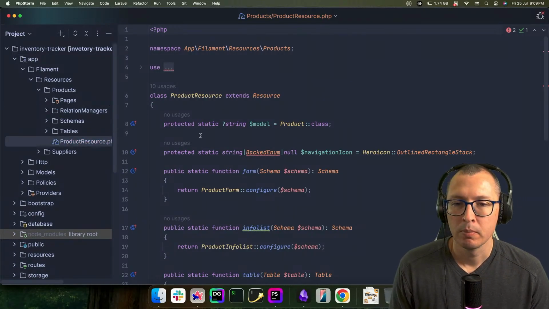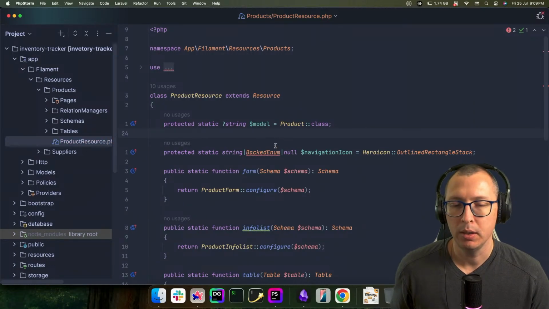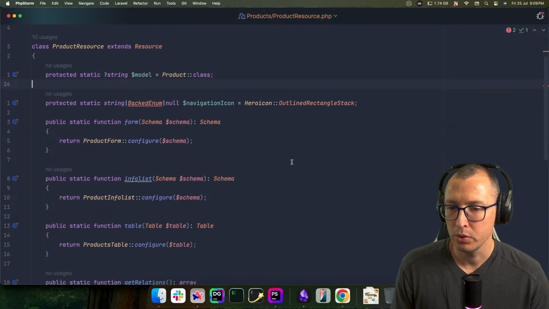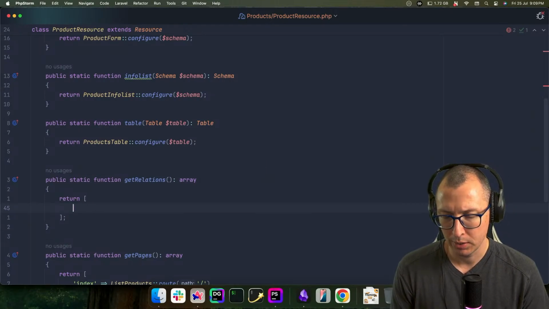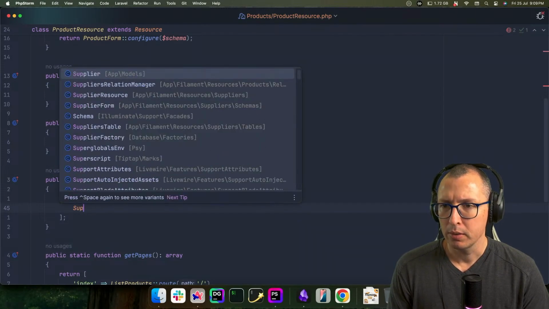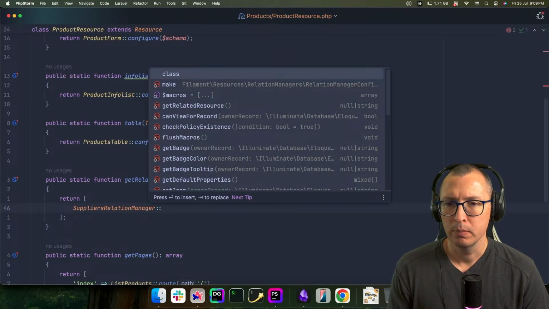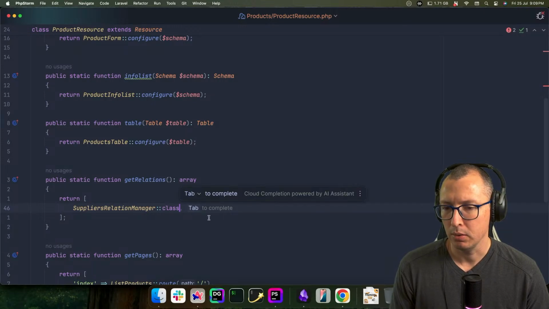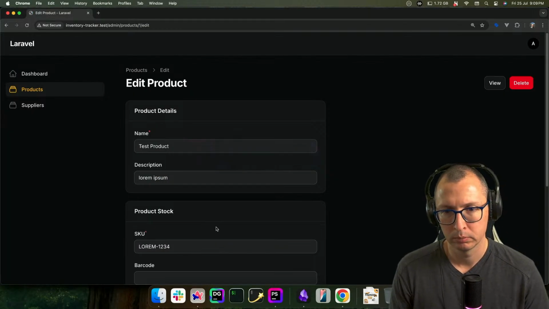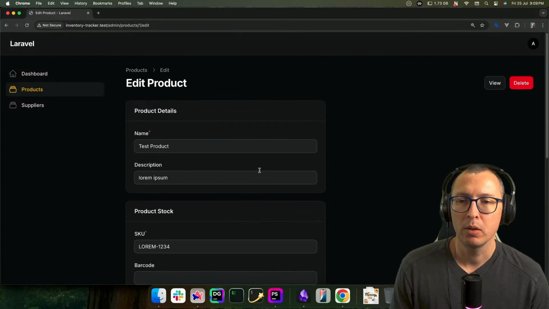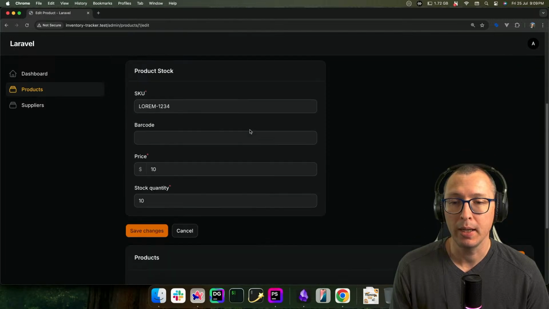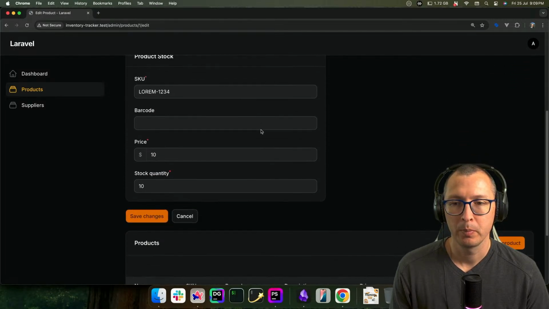Anyway, this is the one that I need, and we just need to go to the getRelations and register using the class name. If I'm not mistaken, it'll be the SuppliersRelationManager class. I think that's how you do it. Yep, totally. So now we not only have the product information up here, we also have